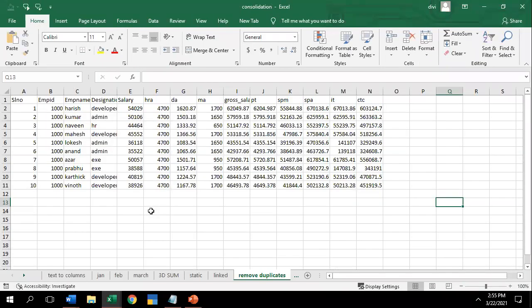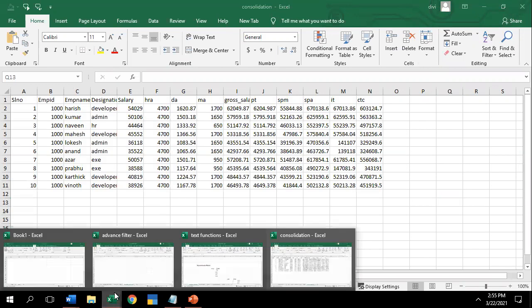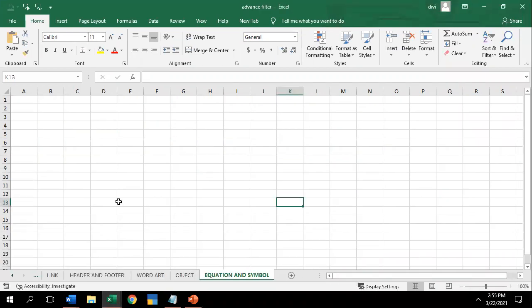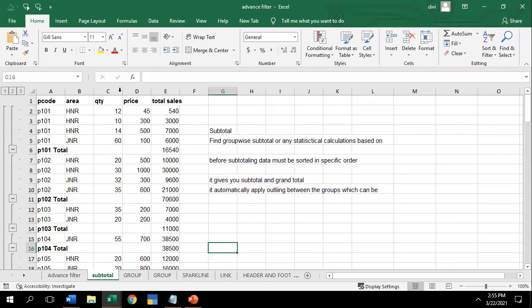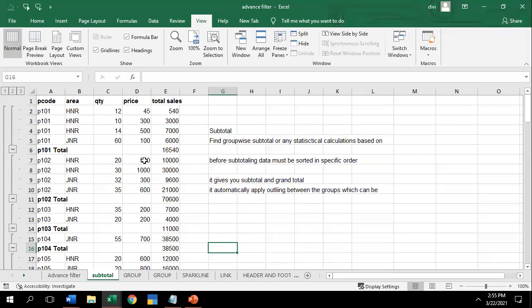All together, I want to analyze now. Means the consolidation sheet and text workbook I want to analyze. From the other sheet, which is the advanced filter sheet, I want to analyze the subtotal. Together, I want to analyze in a single window. Usually, we can see that budget of 2020, budget of 2021 will be analyzed in different sheets in one window.